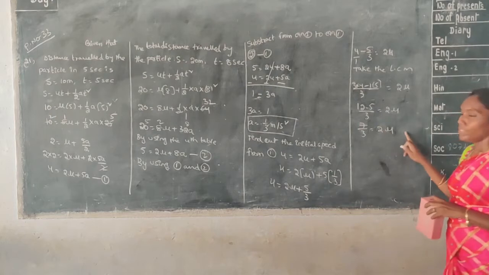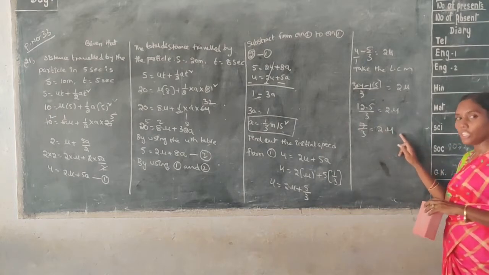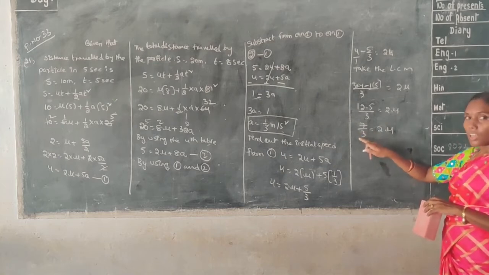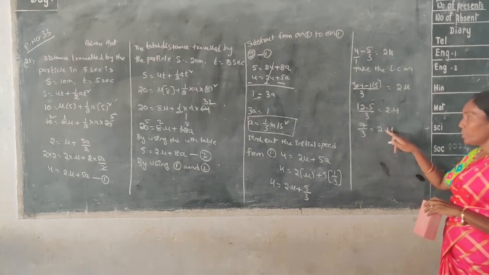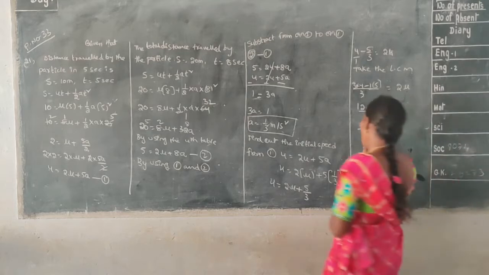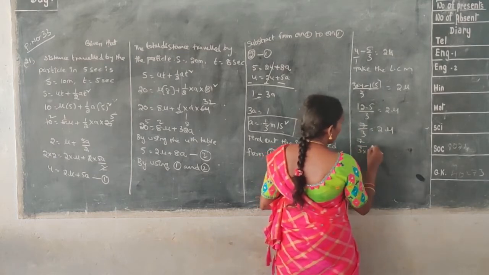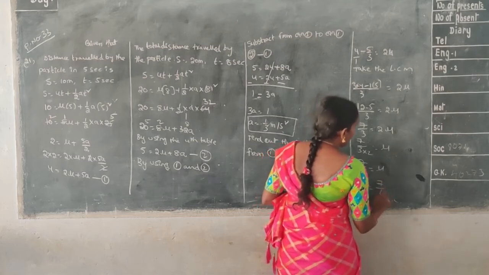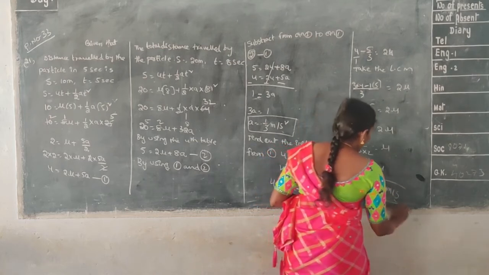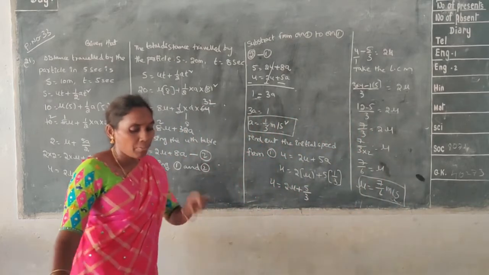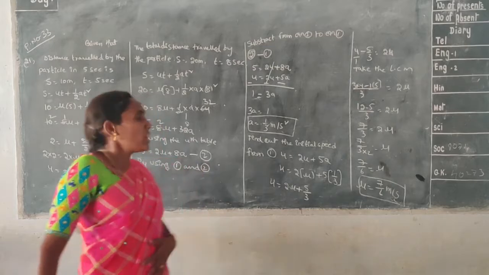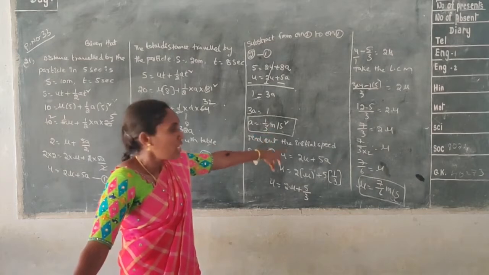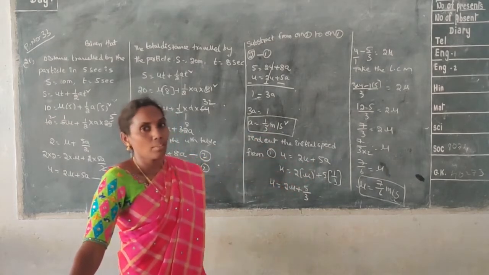Here on the right side of this equation, 2 is multiplied with the initial speed. This value is coming into the left side of this equation, and multiplication is getting changed to division. Here 7 by 3 into 2 is equal to u. 7 by 6 is equal to u. Here u is equal to 7 by 6 meter per second. This is the initial speed. In this problem, first we have to find out initial speed and initial acceleration. Initial acceleration is equal to 1 by 3 meter per second square, and initial speed u is equal to 7 by 6 meter per second.